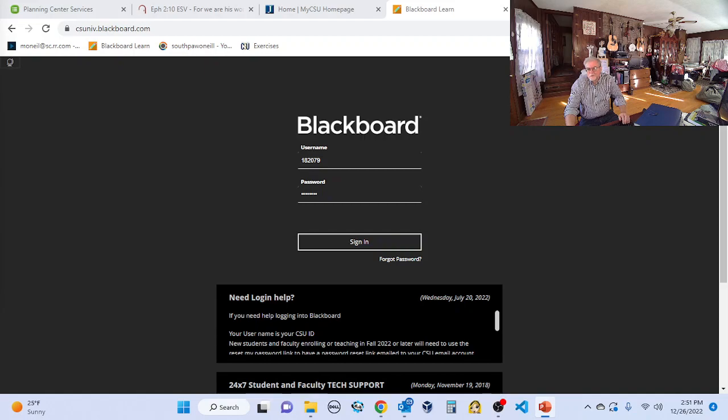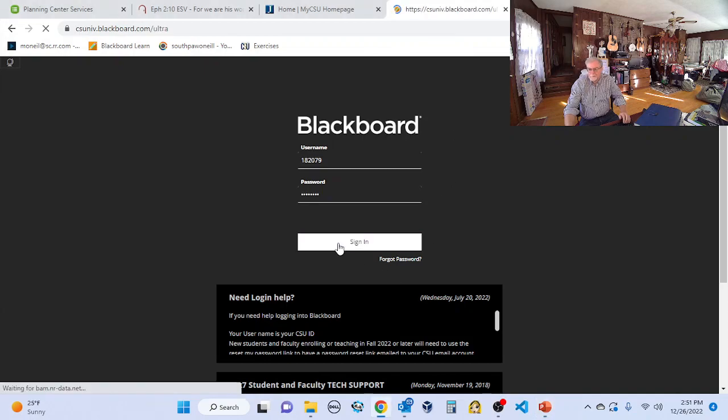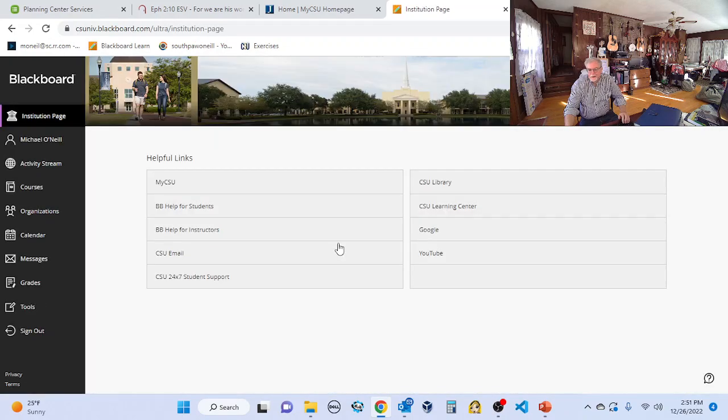Today we will cover the portal and I will start out by showing you how to log in. This is the learn screen. You have username and password. Click on sign in and you may notice that it may look a little different than what you're used to because we